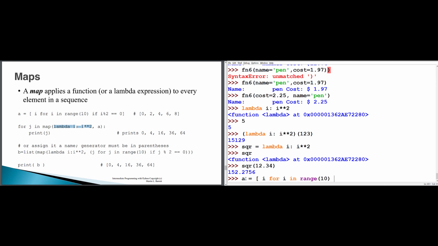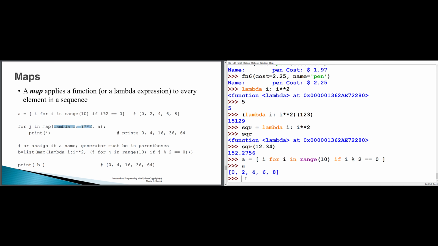But I only want even-numbered values, so I'm going to say if i mod 2 is 0. All right, so A now contains 0, 2, 4, 6, 8, and if I apply the map function in this